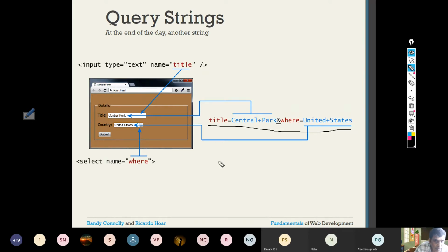Where is the name of the variable. So where is equal to United States, as you have entered United States here. So this is the information that will be passed from your browser or web client to the server when you press the submit button. And what is this string that you are seeing referred to as?